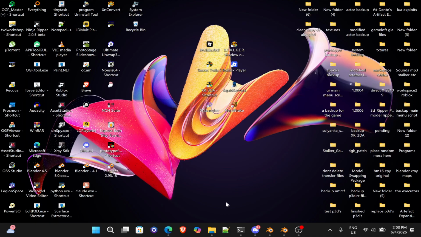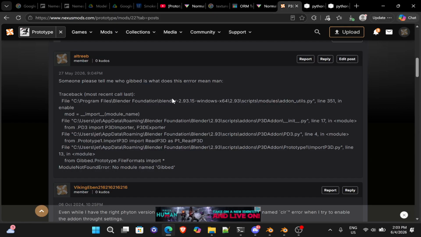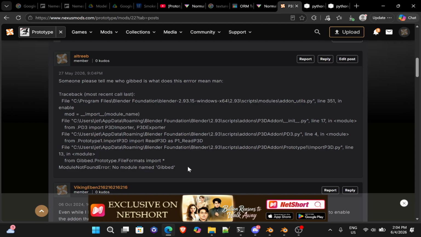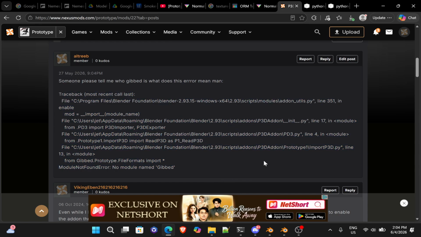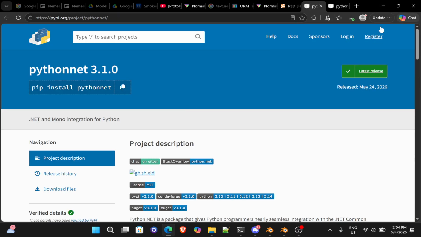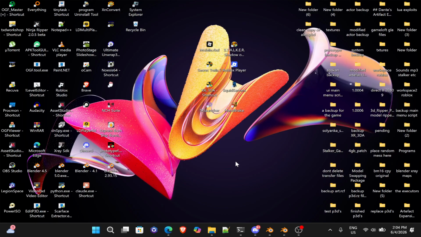After doing that, after all that bullshit, just remember, you need Claude for this thing. You need to install Claude before you even get to the model swapping. And then also you need to install PythonNet 3.1.0. It's pretty simple, all right? But after all of that,